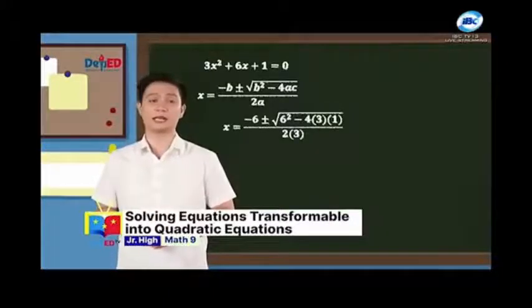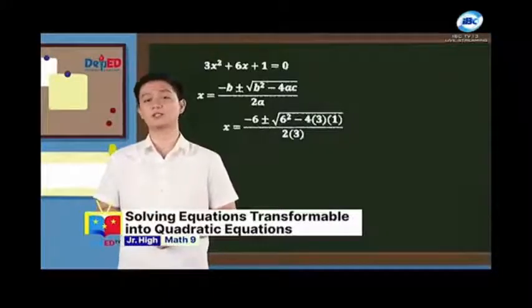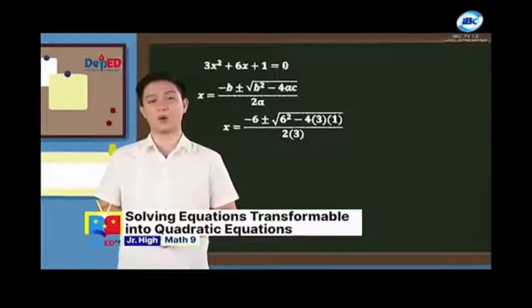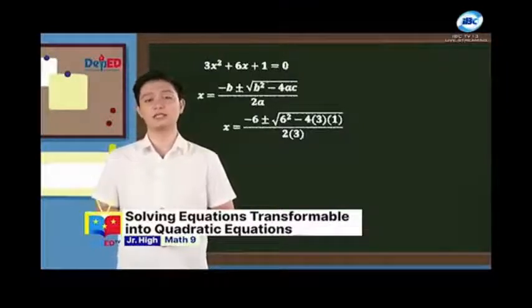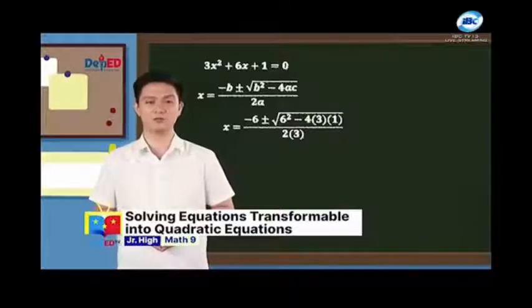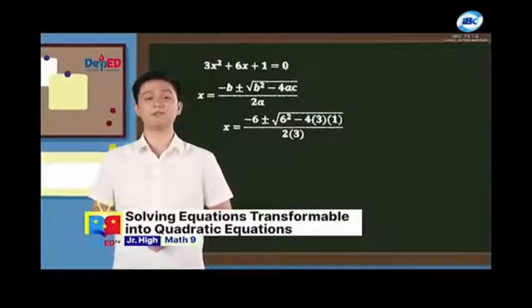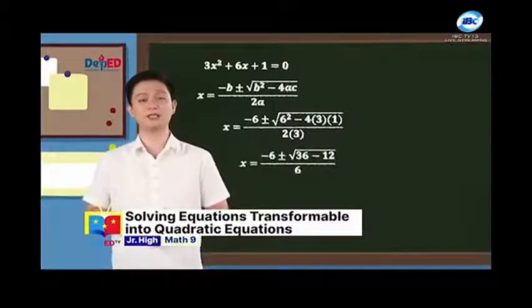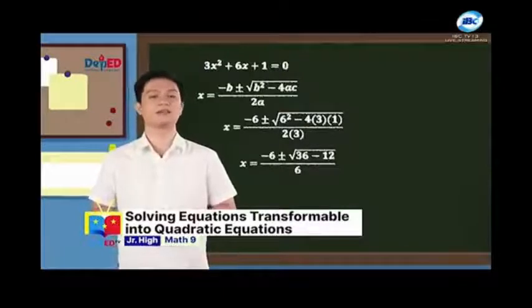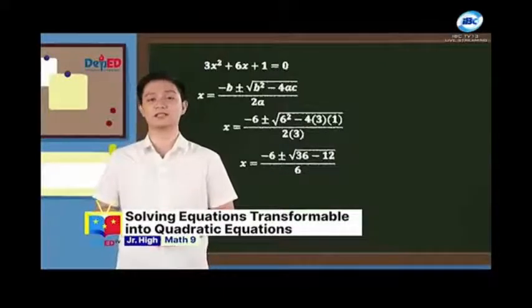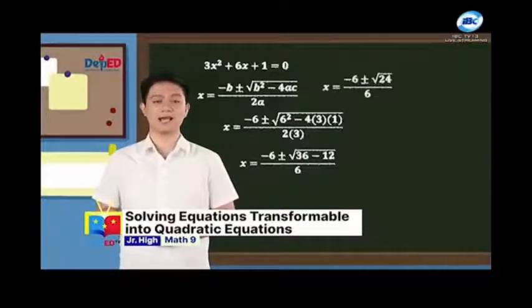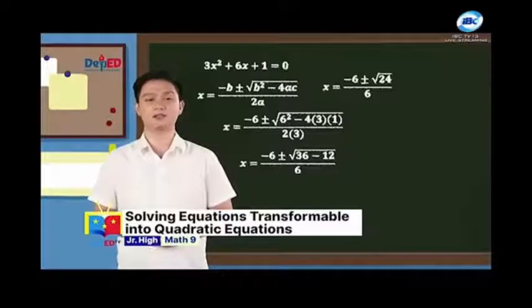X equals the negative of 6 plus or minus the square root of the expression 6 squared minus 4 times 3 times 1 all over 2 times 3. X must be equal to the negative of 6 plus or minus the square root of the expression 36 minus 12 all over 6. X should be equal to the negative of 6 plus or minus the square root of